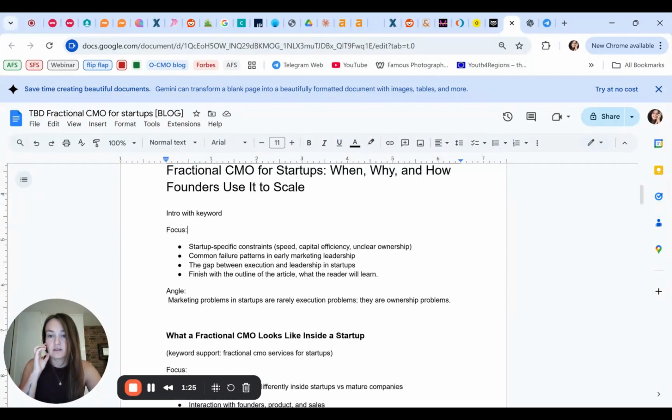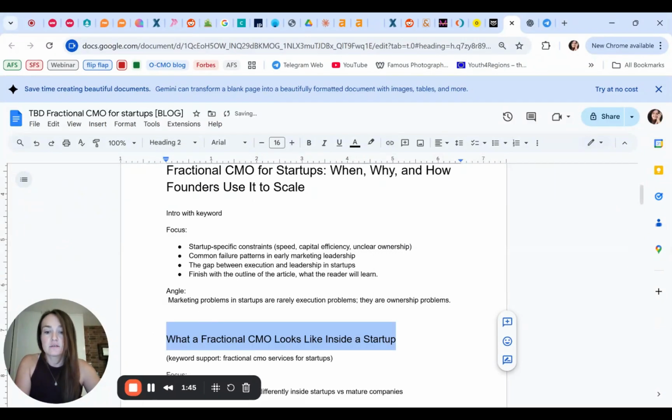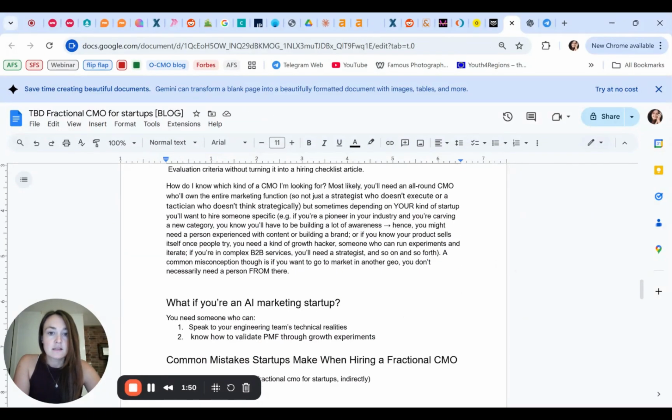So, for example, I will write down that my intro section will include the core keyword within the first 150 words of the article, because this is the requirement I want to make. And I would form the skeleton, right? I added in some sections, I added my own thoughts.